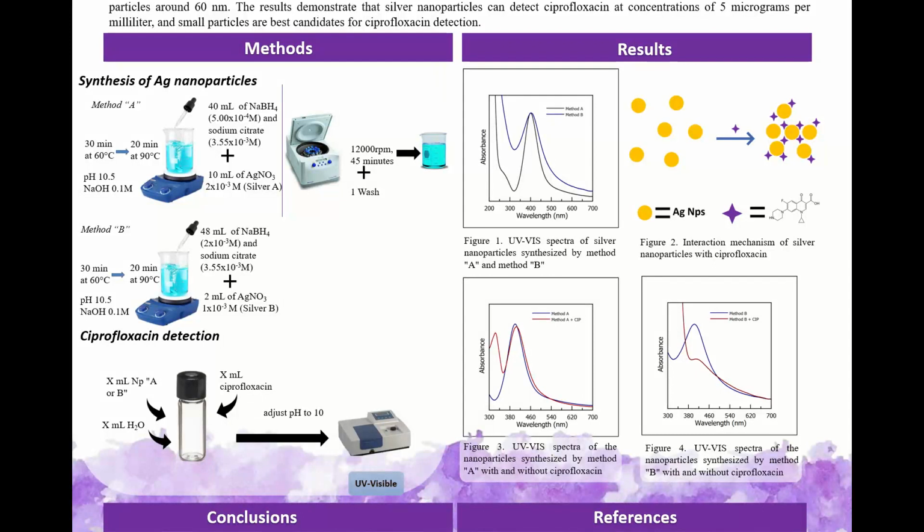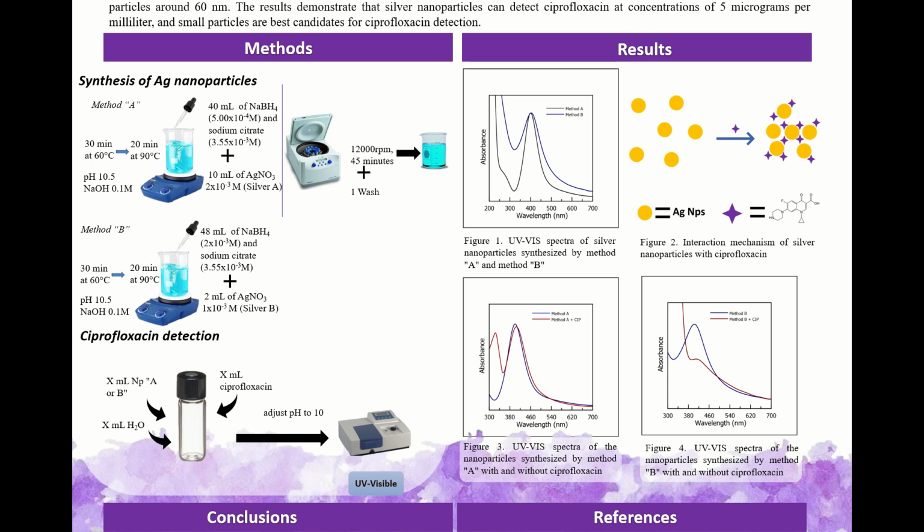In Figure 2, we present a scheme of the interaction of silver nanoparticles with the analyte, in which ciprofloxacin favors the agglomeration of nanoparticles, which allows their detection due to the change in the absorption spectrum. In Figure 3,